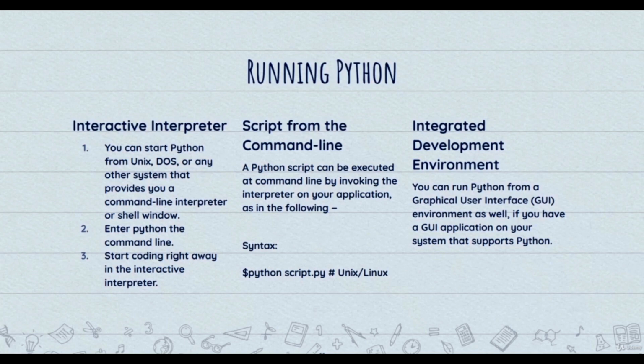And the next one is the integrated development environment. This means you can run Python from a GUI, that means a graphical user interface environment, as well. If you have a GUI application on your system that supports Python, for example on Unix, IDLE is the very first Unix IDE for Python. And on Windows, PythonWin is the first Windows interface for Python and is an IDE with a GUI. And followed by Macintosh, the version of Python along with the IDLE IDE is available